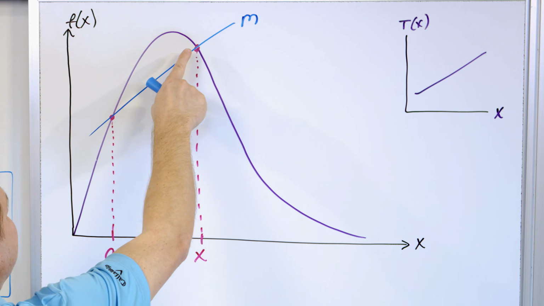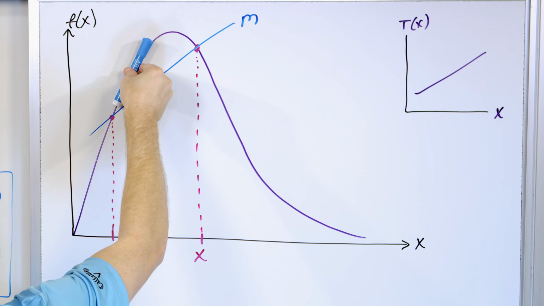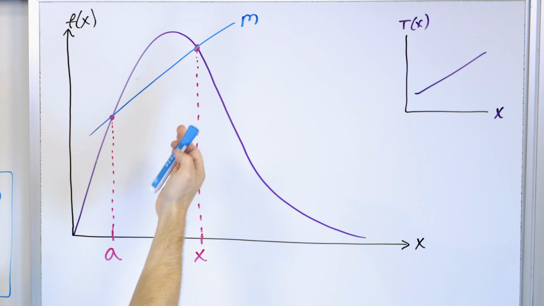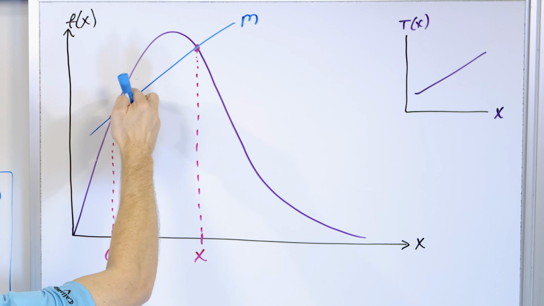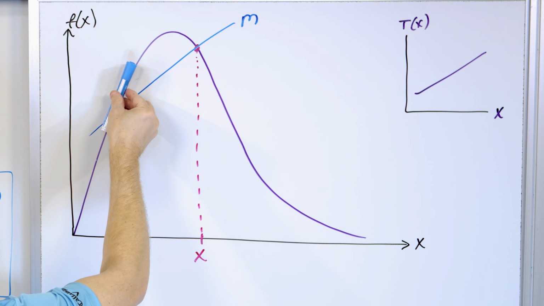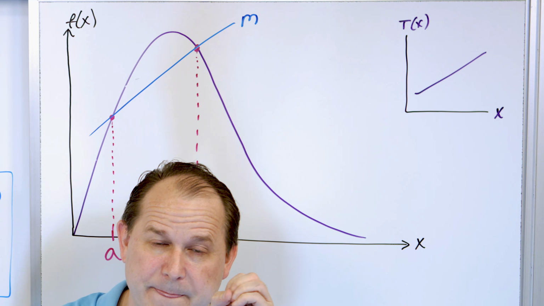Well, what I would do is I would just take this point and I'd move it closer. And I would draw a line through those 2 points, and that would be a higher slope. Okay, well, how would I get a better approximation? I would draw a point closer, and then I would draw a line through these 2 points. And I would make it closer and closer and closer, and eventually I would get a microscope out, literally a